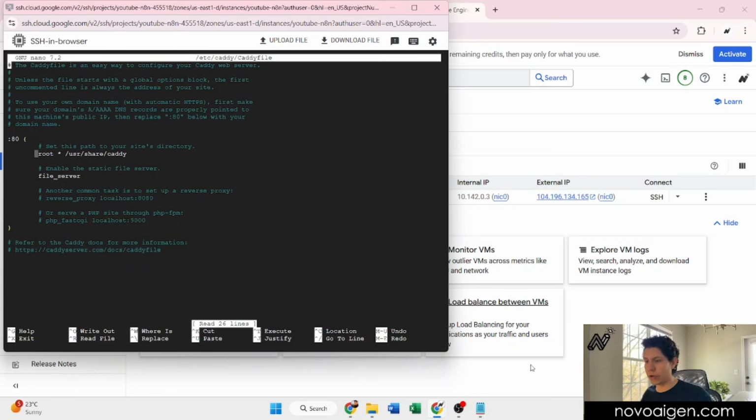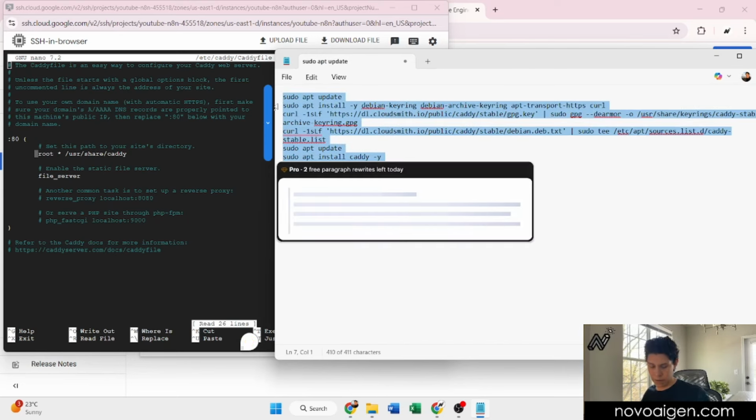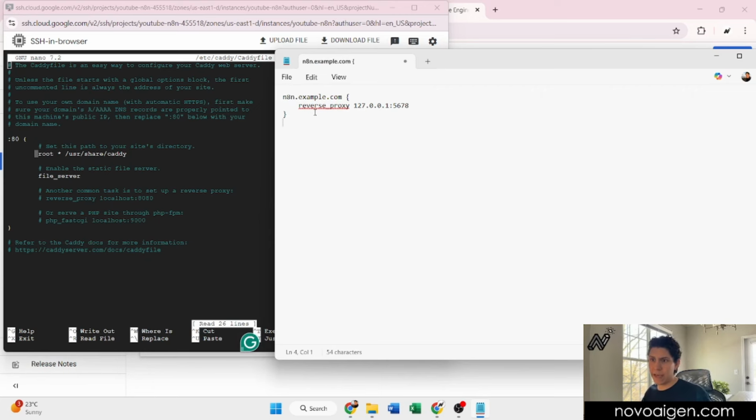Here is where we are going to set up all the necessary instances to protect the server. Let me just copy the command and put it here. Okay, as I say, we were using n8n.example.com as an example. So as you guys remember, I put the one called thinkagainai.com, and this is the only thing that we need to change, because this is the subdomain, this is my domain, and the reverse proxy. If you remember, that reverse proxy is the same one that we used when we ran the past commands. So we just need to copy it,